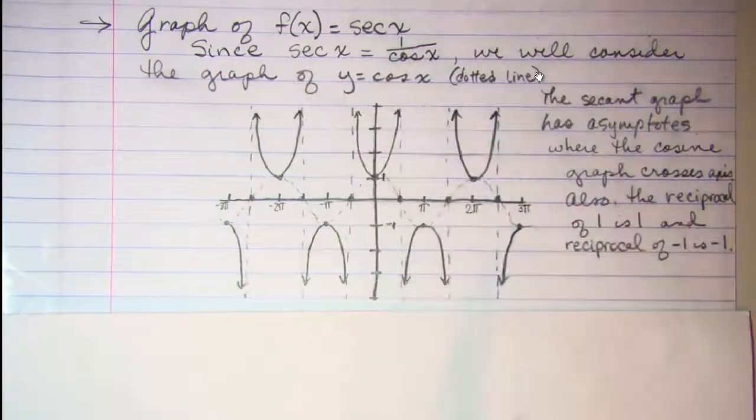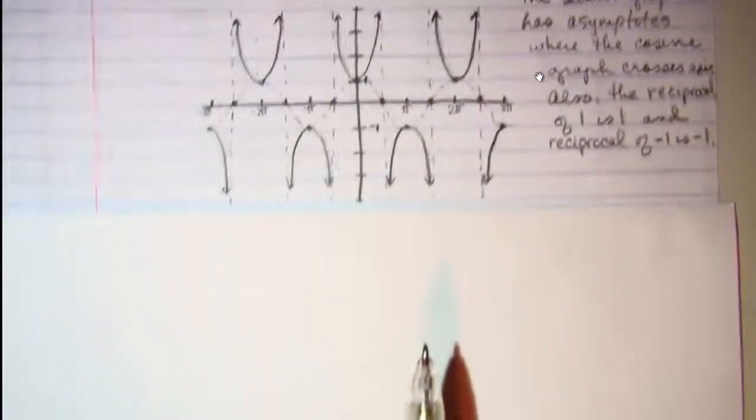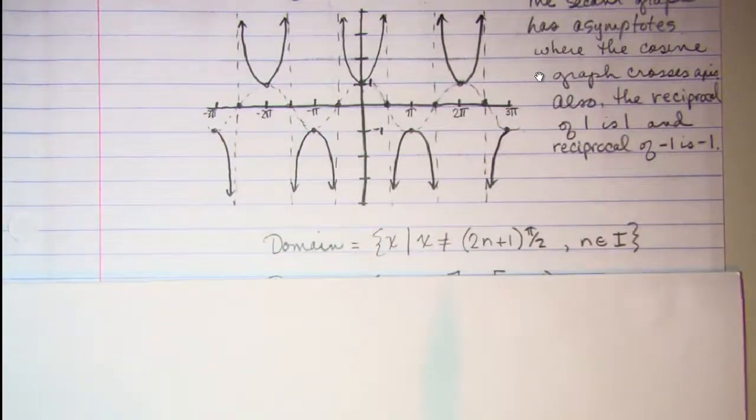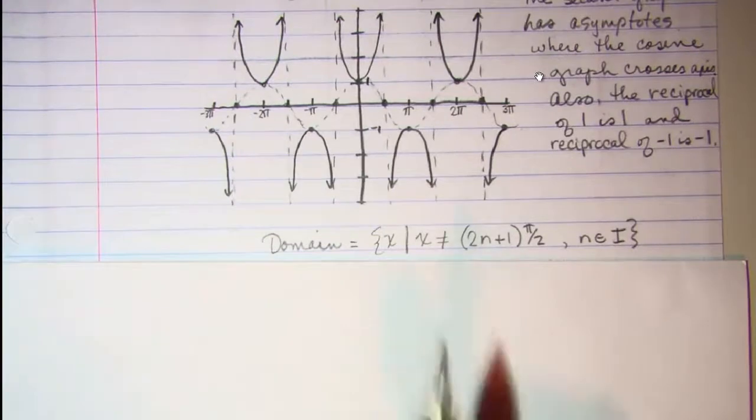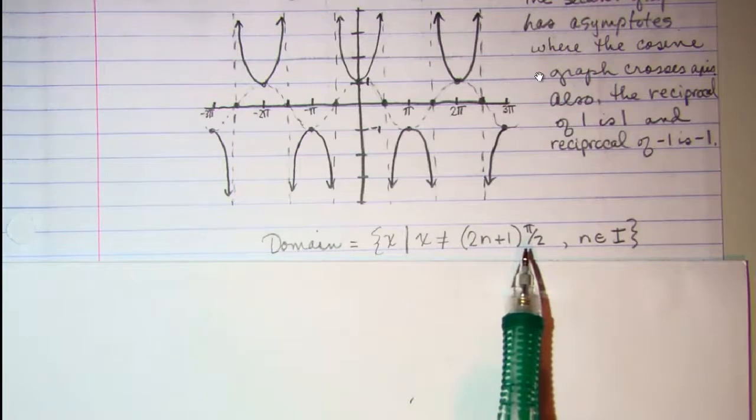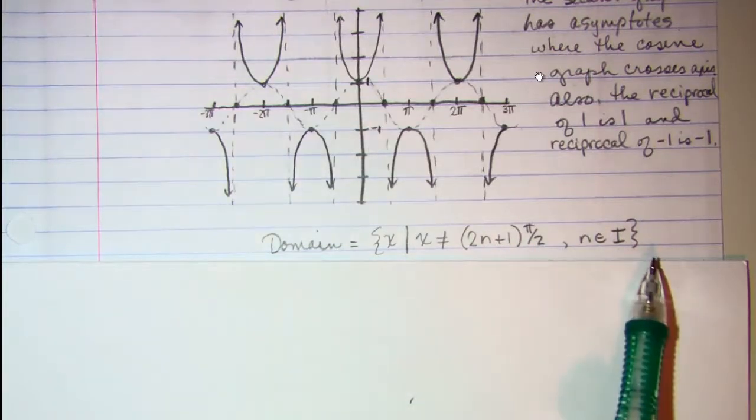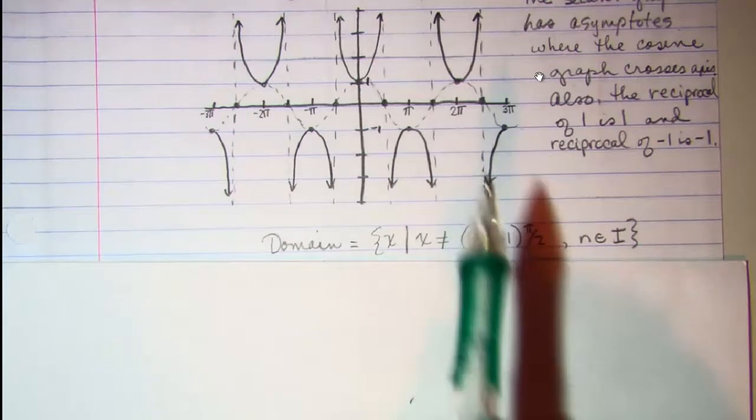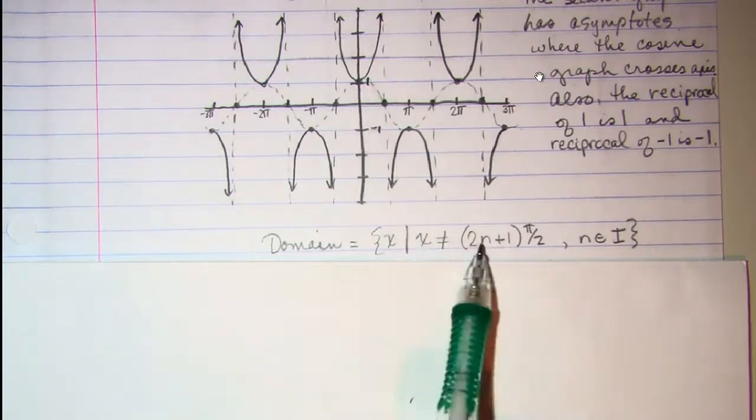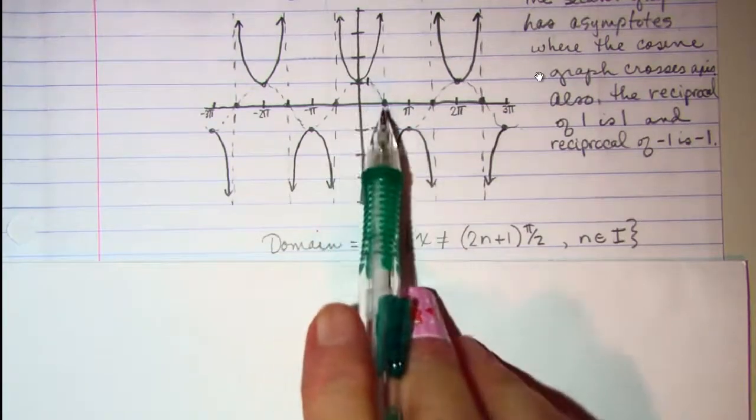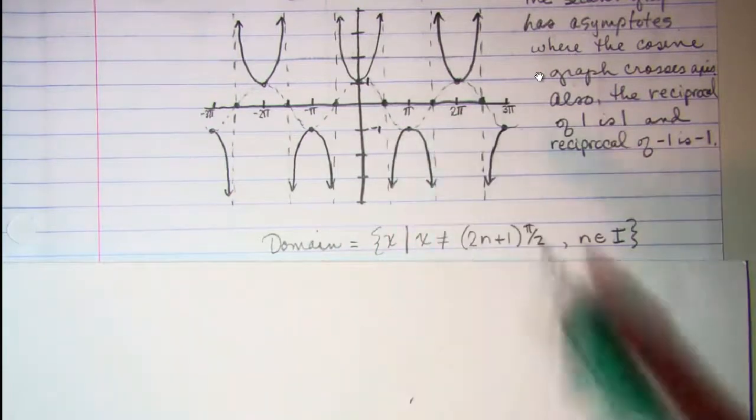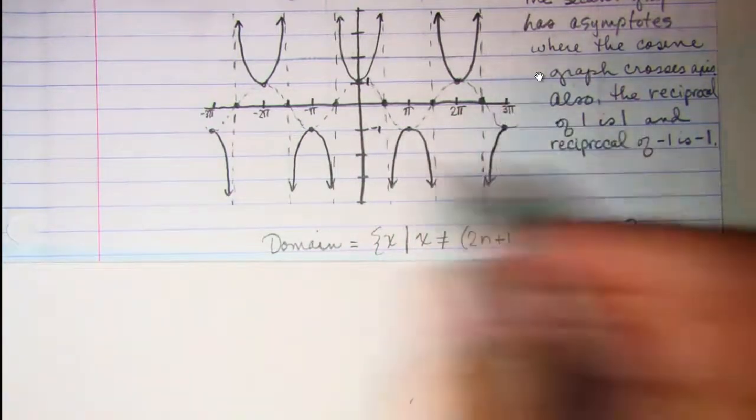So, some information that you need to remember about the secant curve. The domain is the set of all x's such that x is not equal to (2n plus 1) times pi over 2, where n is an element of the set of integers. Remember, this not equal to is where all of our asymptotes occur. So 1 pi over 2, 3 pi over 2, 5 pi over 2,